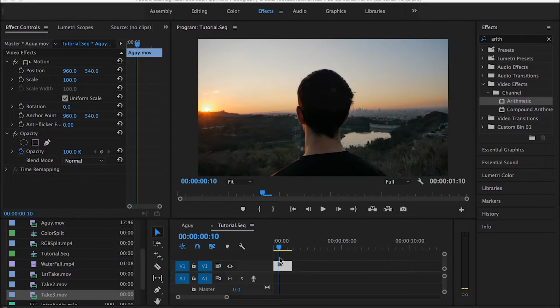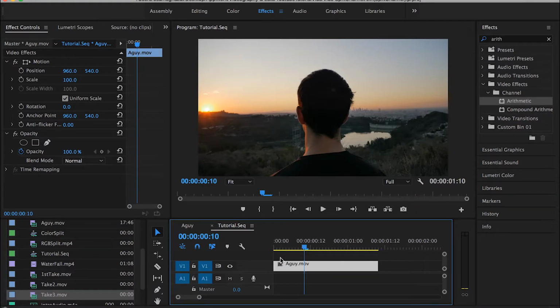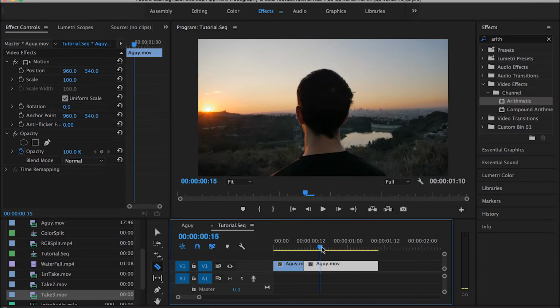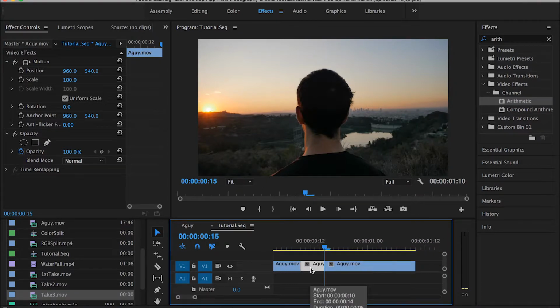Alright, so before applying this effect, you would just need to identify what part of your clip you want to apply this effect onto. Then you will need to cut this part into a separate clip. To do this, you can just move the cursor to where you want to start and grab your razor tool or just hit C on your keyboard, cut the beginning, then move the cursor again to where you want to end this effect and cut. And here we have this separate piece of footage that we want to apply the RGB split or the color